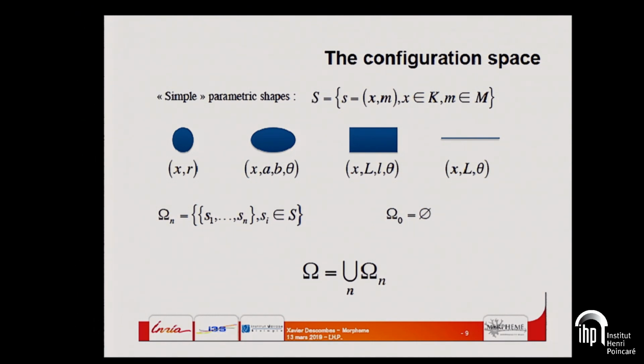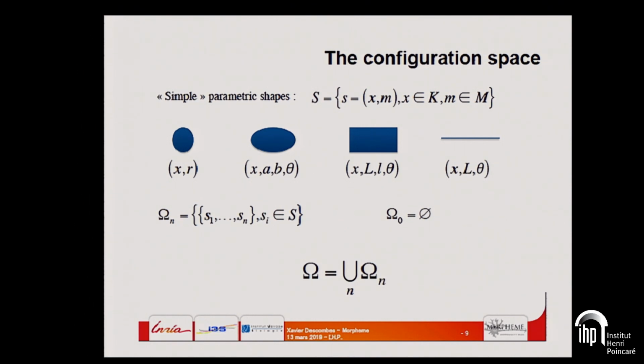Usually, in most cases, we define some parametric shape. Why? Because then you have to sample the number of objects, so a point process, but also to sample the marks. So if you have too many marks, too many parameters to estimate per object, then of course it will be heavy to handle. Usually people say, why would you use a disk if you can use an ellipse? Because ellipses are more general, so why don't you use them? Well, you will use a small set of parameters by defining, for instance, a minimum radius and a maximum radius, and not so big.